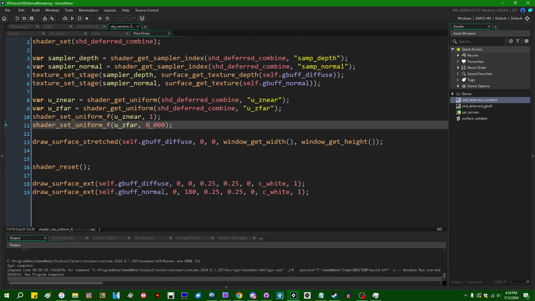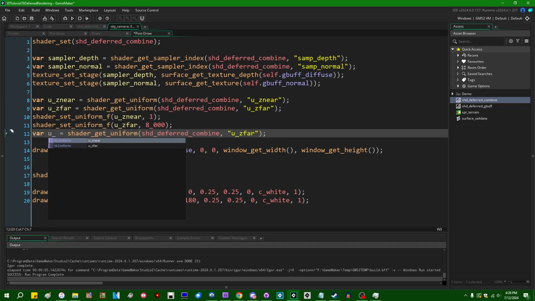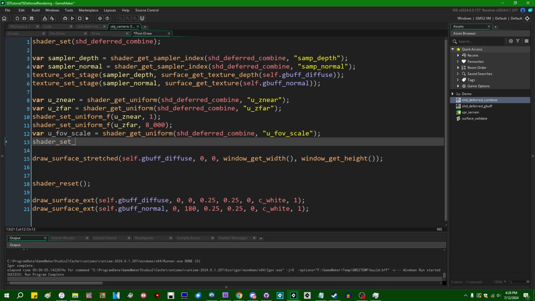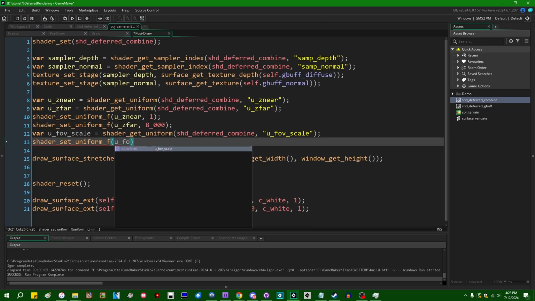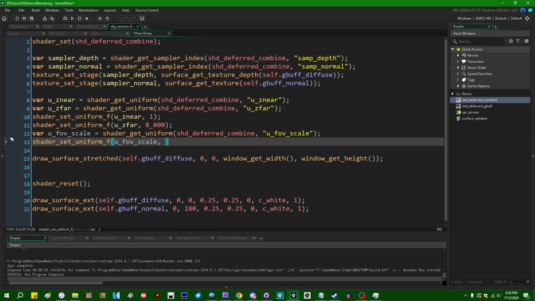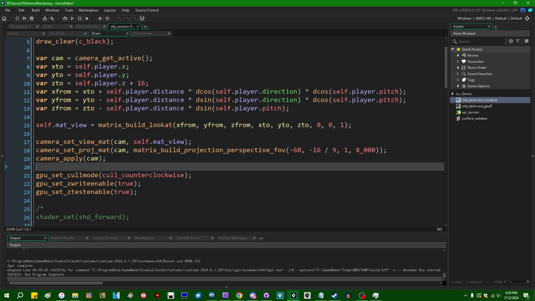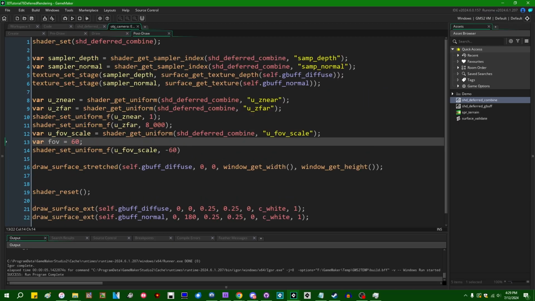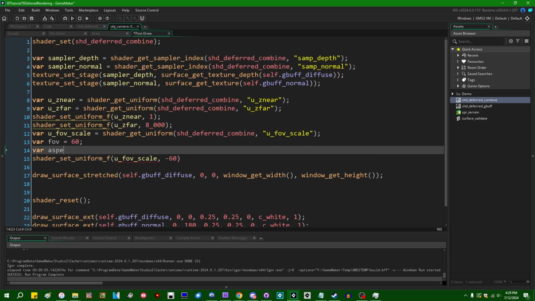So let's once again go back to our post-draw event where we're doing this. I'm going to borrow u_FOV scale. Grab that uniform. We can shader set uniform f u_FOV scale and two values. This isn't actually going to be -60 and then whatever else I said, multiplying the field of view by the aspect ratio. So again, this was hard-coded, right? Our field of view is 60 degrees-ish. Let's say the field of view is 60,